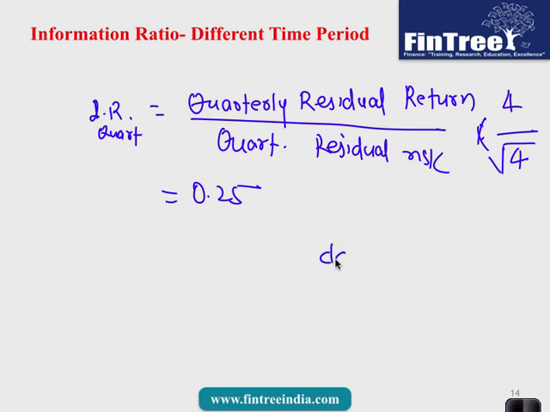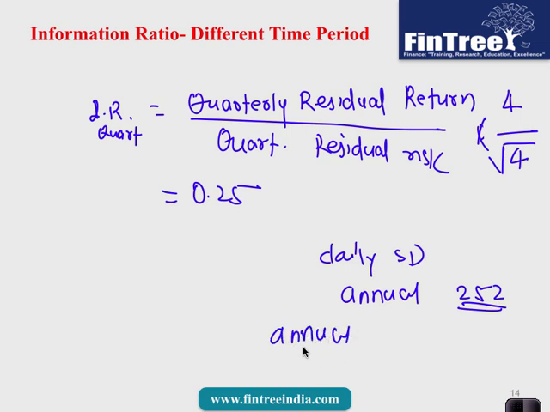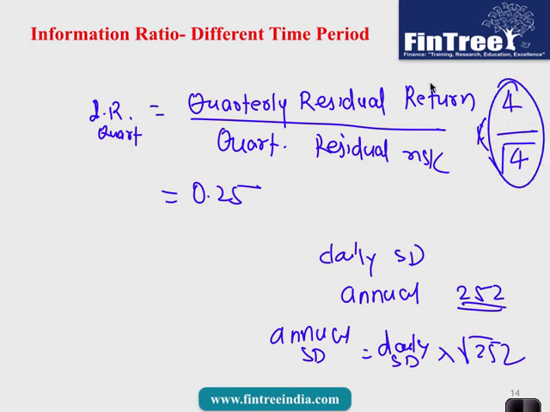Okay, if you have a daily standard deviation and you want to convert that to an annual standard deviation, assuming 252 working days in a year, then annual standard deviation is equal to daily standard deviation times root of 252. Why? Because the multiplication happens on the variance level. So on the standard deviation level we take the root of that value,